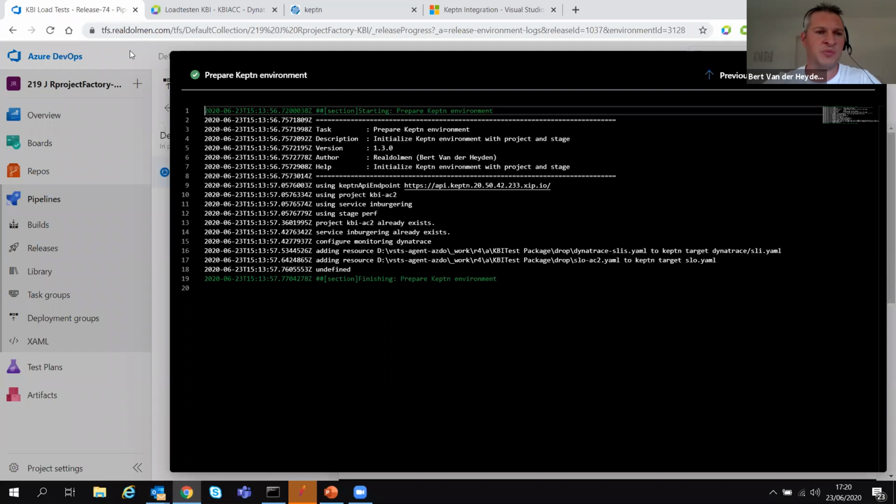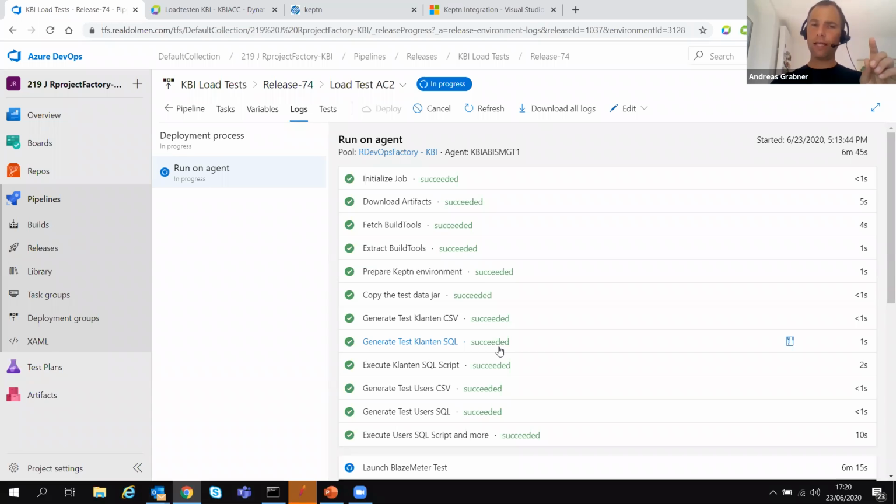Maybe one quick question, Bert, because this just came in. In case the project does not exist, you basically create a new Keptn project with a simple shipyard that only contains a single stage. Yes, correct, because the main use case here is a quality gate. So we basically say, Keptn, I need this project that has a single stage that is called whatever it's called,